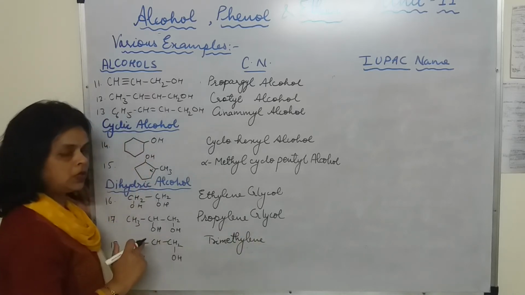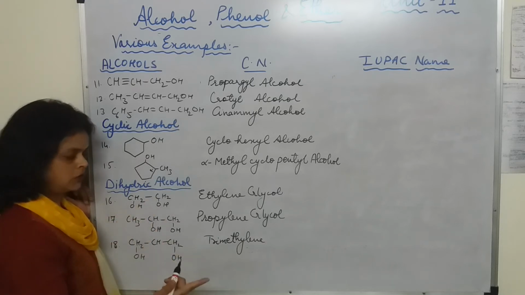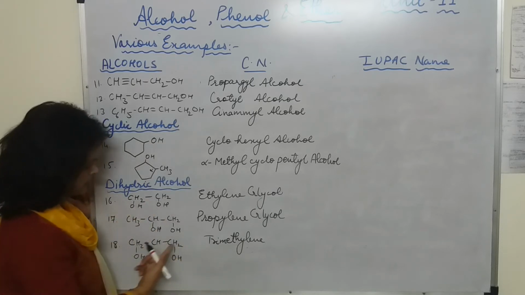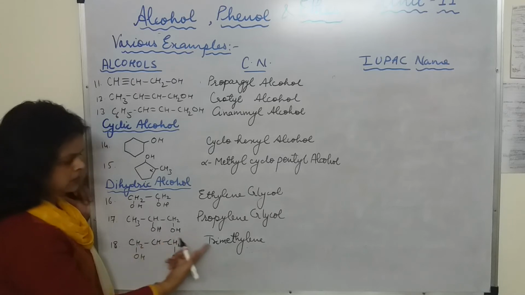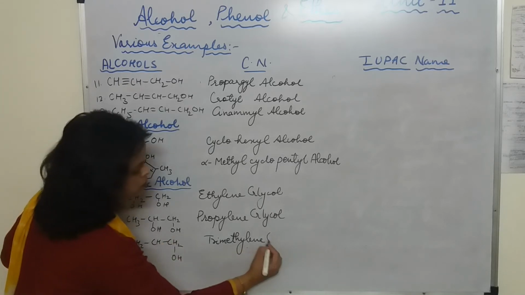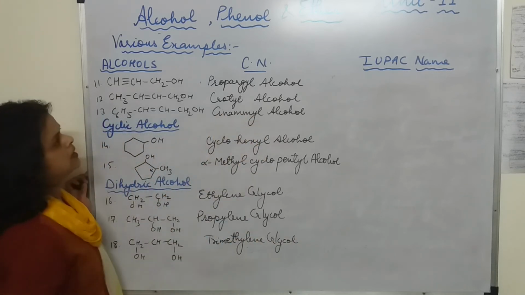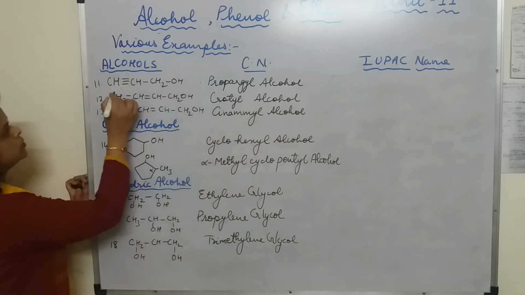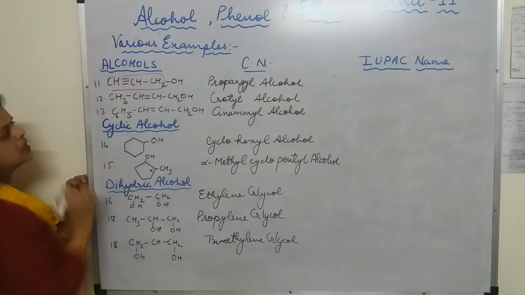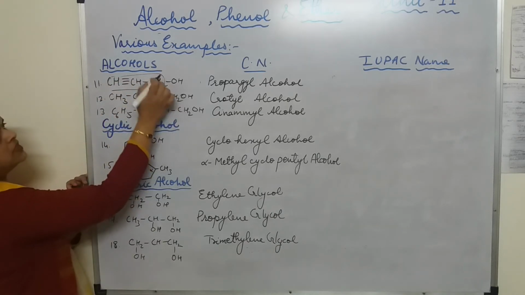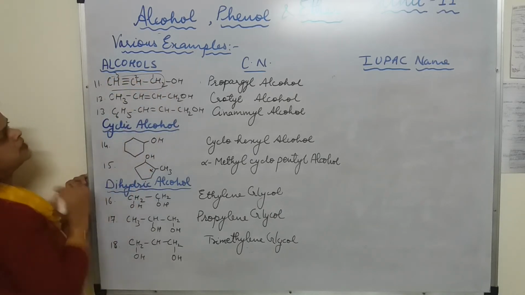We have seen that polymethylene glycol. So here instead of word poly, we had written 1, 2, 3 trimethylene followed by word glycol. Okay. Now let's write their IUPAC name. IUPAC name, students, you have to follow the rule. This is the carbon chain, and numbering will start from this end. So its name will be,